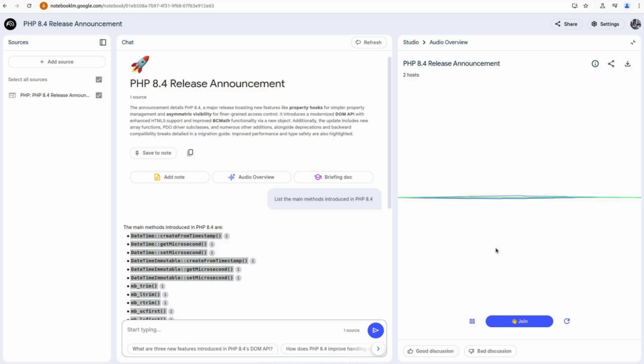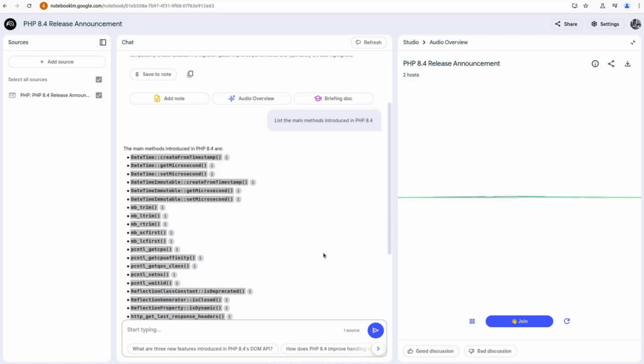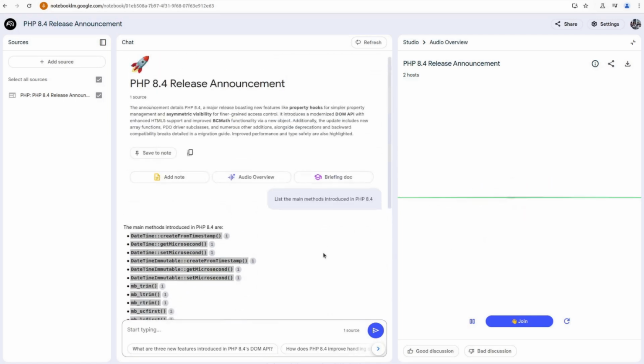Yeah, sure thing. So the DOM API, that's the document object model, and there's been some pretty significant changes in PHP 8.4. Right, and we were actually planning to discuss that a little later, but we can jump into it now. Yeah, so basically the old DOM had some quirks. It wasn't fully compliant